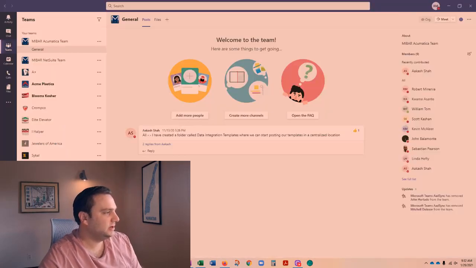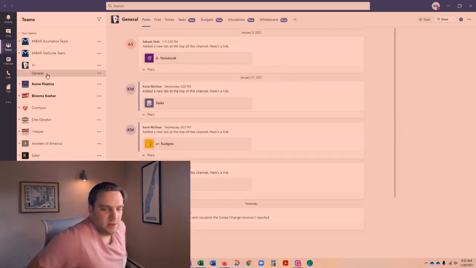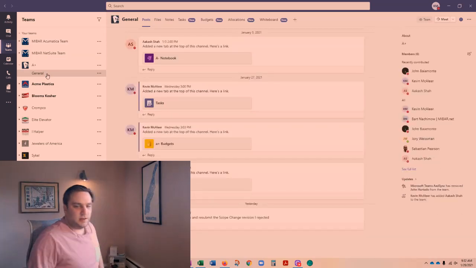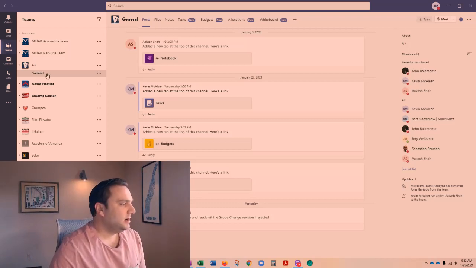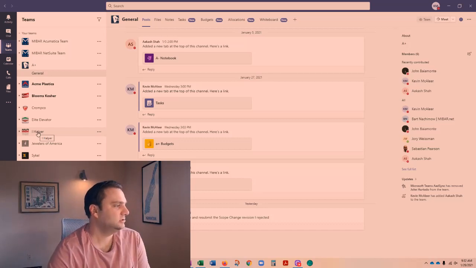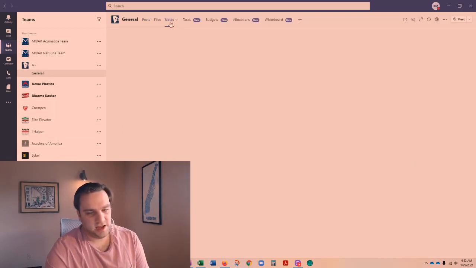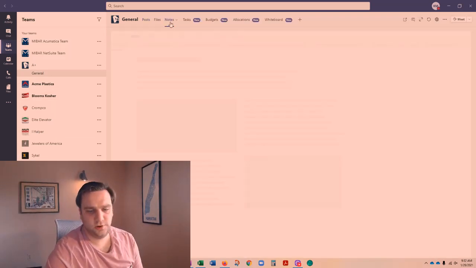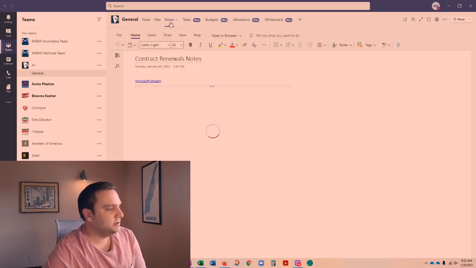What we've also done is embed OneNote into our Microsoft Teams. So in the consulting world, we've done this by client, but in your world, whatever that might look like, you can arrange teams by whoever is going to be part of a particular team, whether it's a specific initiative at your business or whatever it might be. And you can see we've added this Notes tab here at the top. And so we're able to embed a OneNote notebook right into the